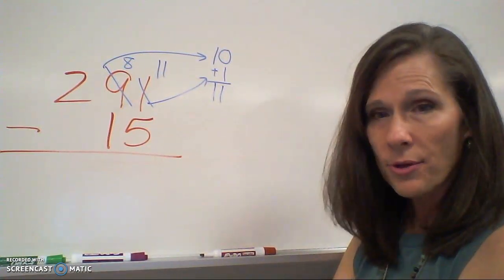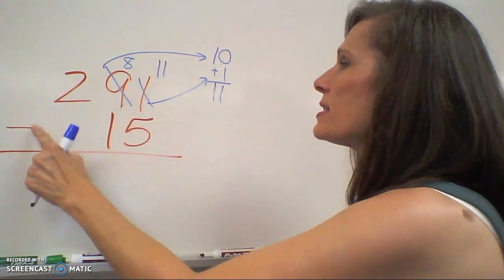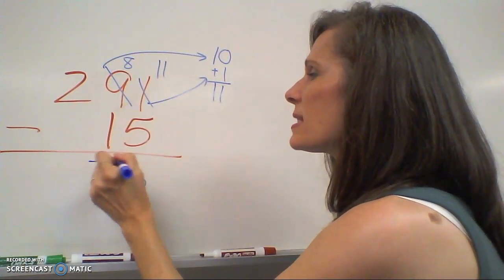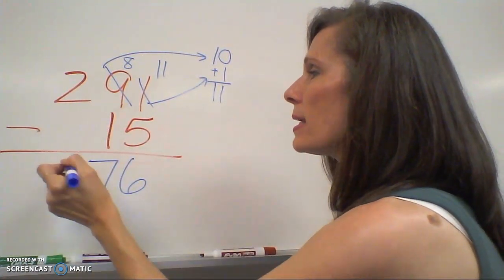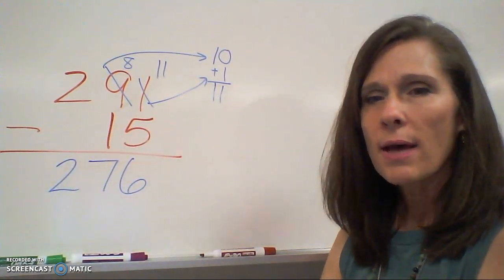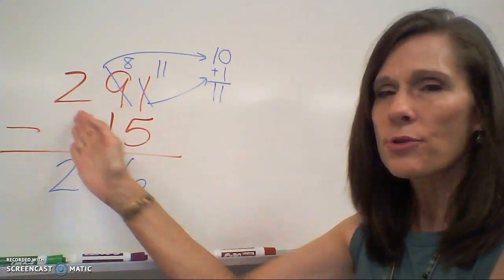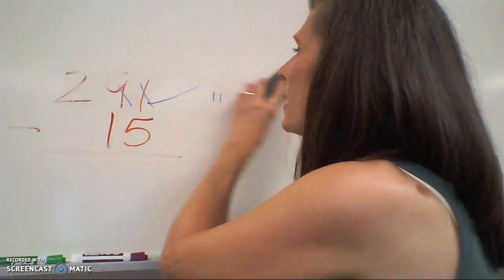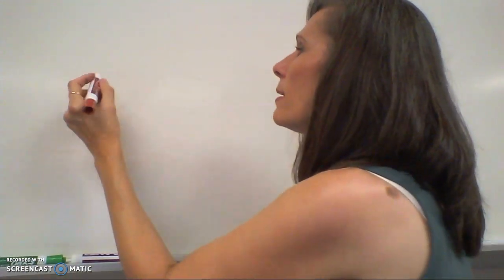Now I can subtract. Okay, so 11 take away 5 equals 6. 8 take away 1 equals 7, and 2 take away nothing equals 2. Okay, so now that there's a number in the hundreds place, we have to subtract all the way across. Okay, let's go ahead and do another one like this. All right, let's do